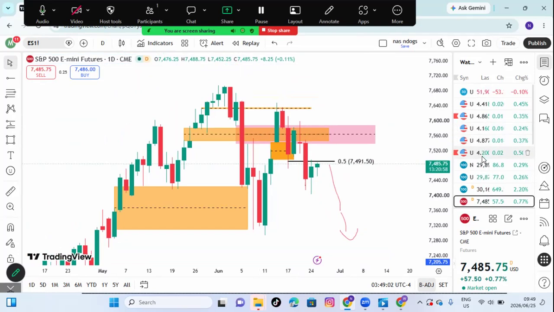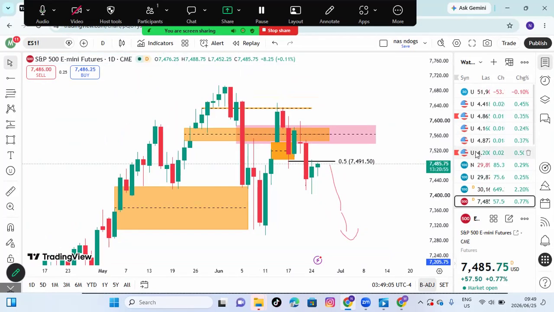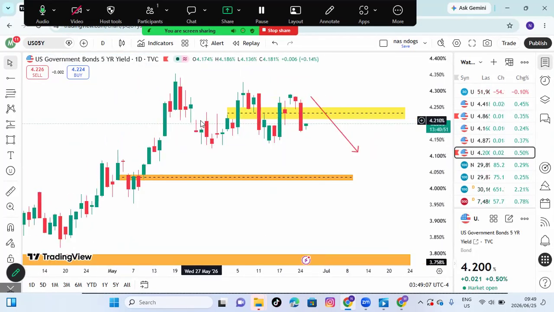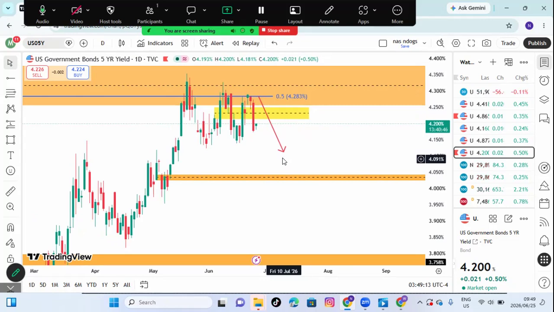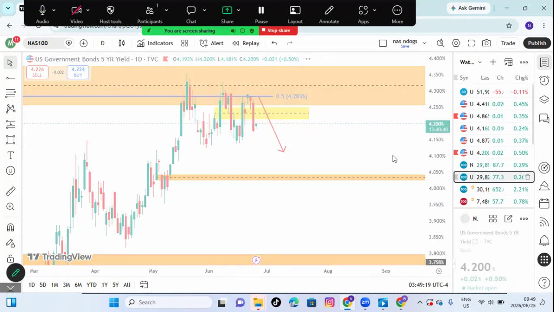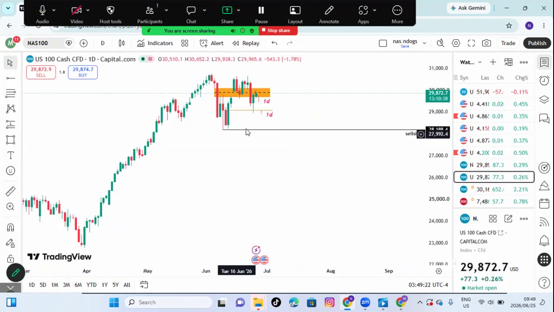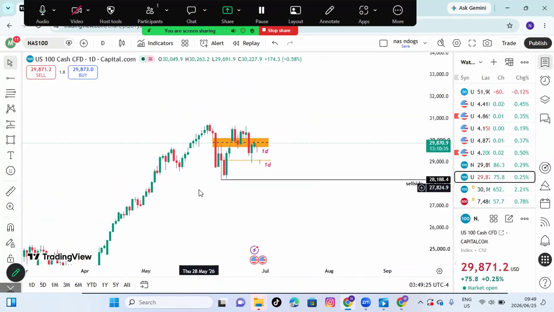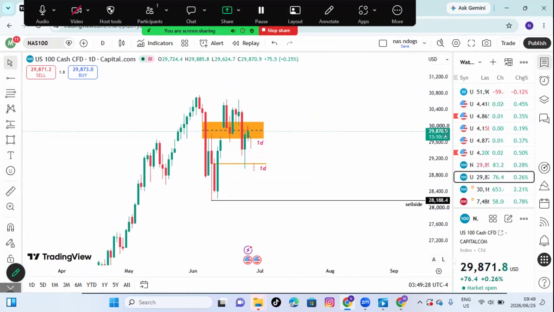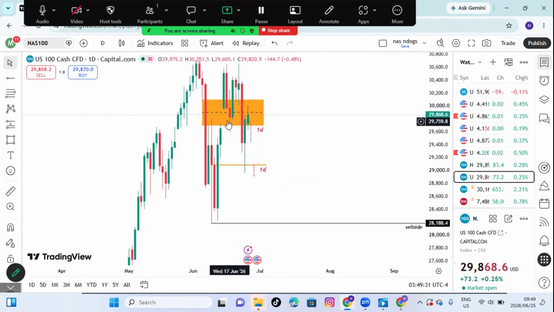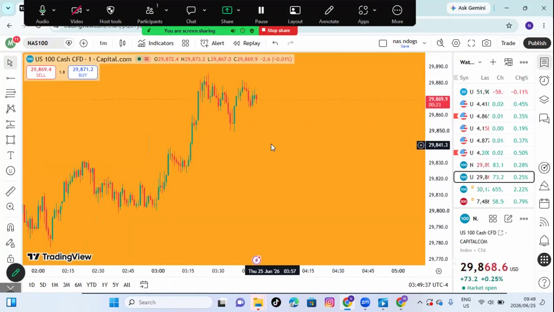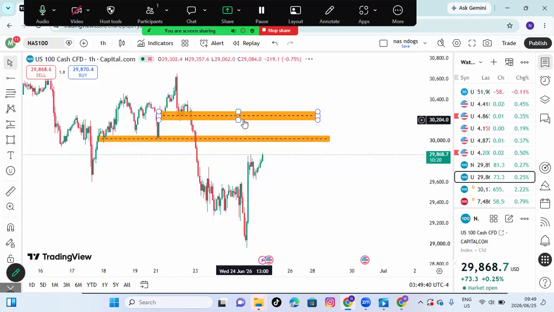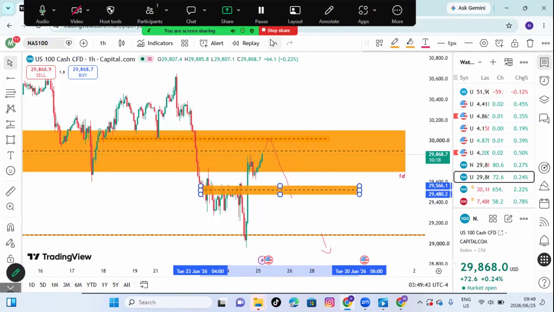Even though if you look at the yields, the US bonds here, they all seem bearish, right? They seem like they wanna fall. And normally when these fall, we buy the NAS. But then we're gonna assume that this is probably fake. Therefore, we should see this go lower. We'll see. We'll be watching it from the hourly, from the 1 minute, from all time frames. We'll be watching it very carefully.